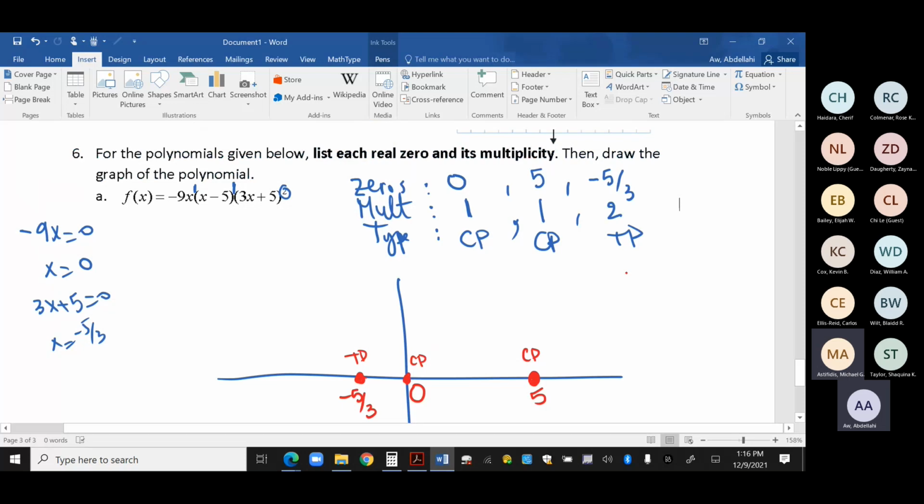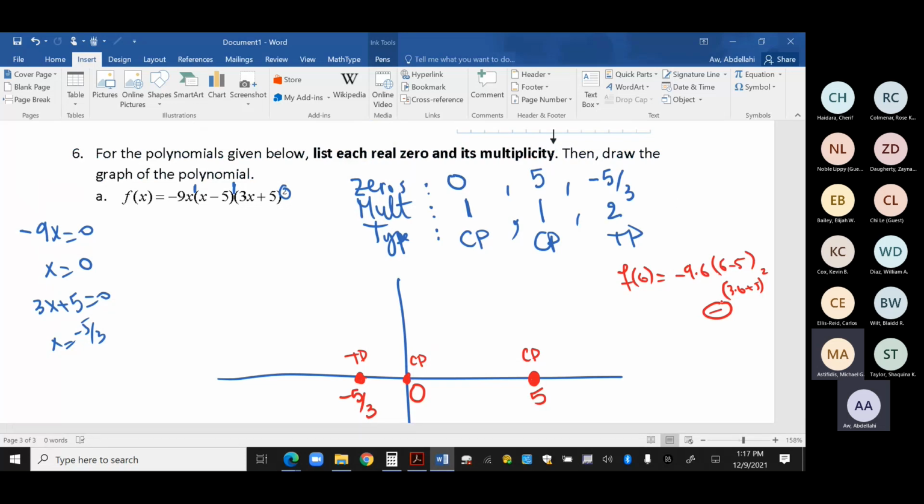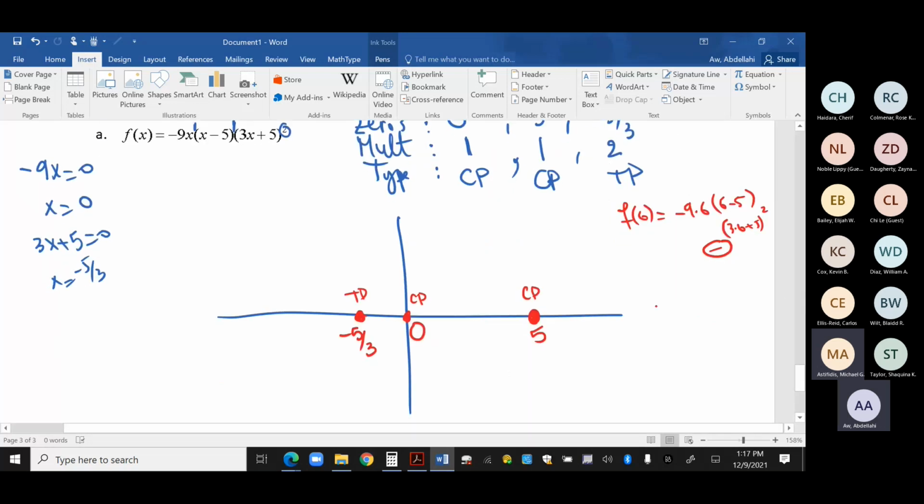Let me test 6. What is f of 6? I get -9 times 6 times 6 minus 5 times 3 times 6 plus 5. How is it going to end up to be? Positive or negative? It ends up to be negative, right? Because -9 times 6 is -54, which is negative. 6 minus 5 is positive. The other parentheses also positive. So this is going to be negative, which means my graph first starts by being below the